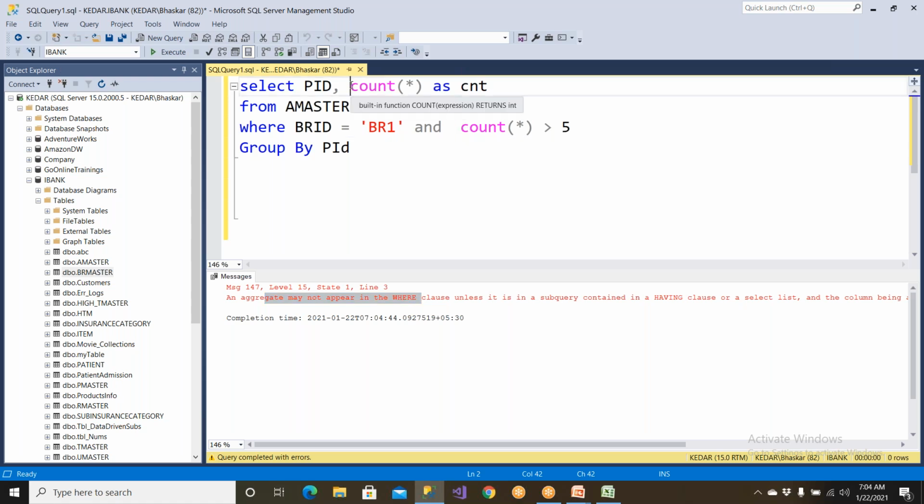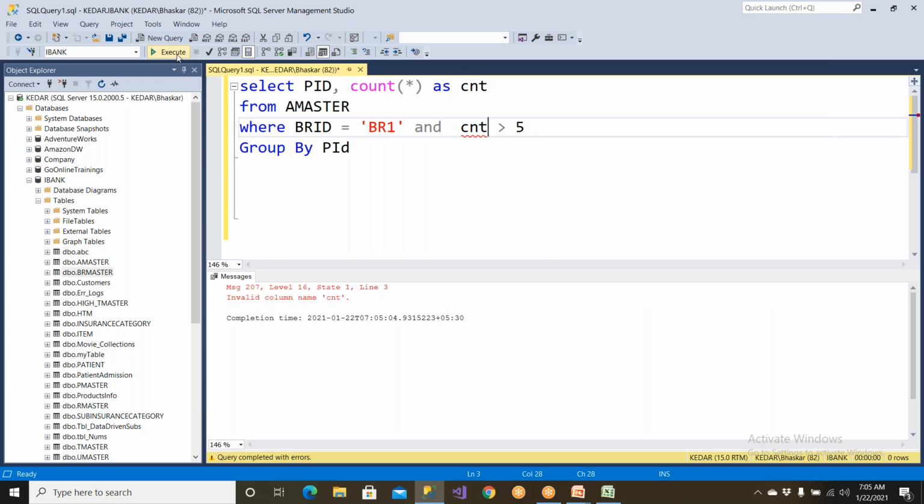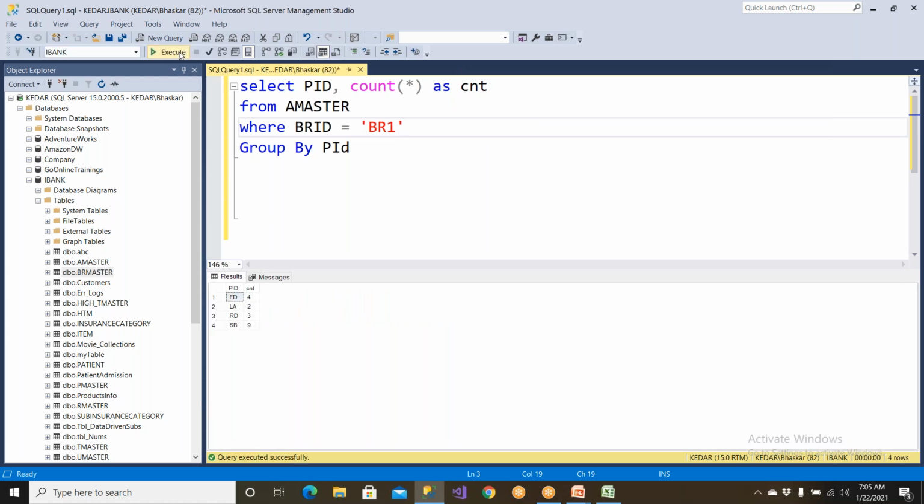You think, I should not give it like this, I can give an alias. You may think like this also: count greater than 5. Will it work? It is not going to work. Clear? So the HAVING clause has to be used after grouping,